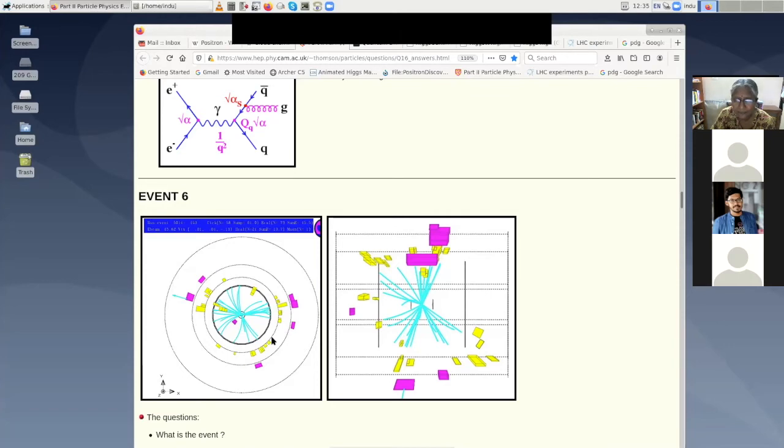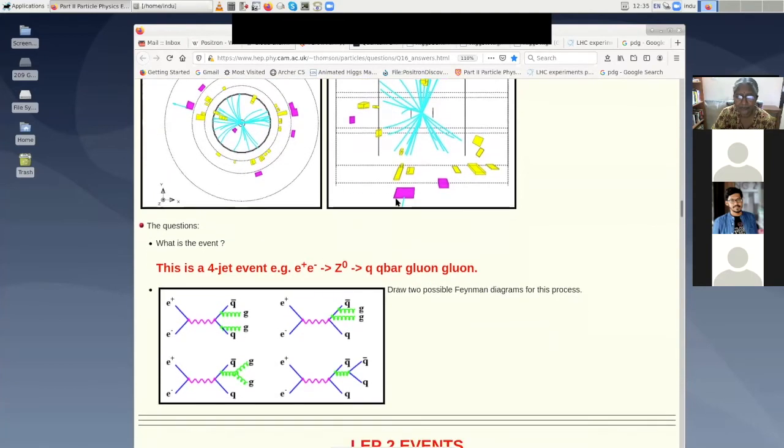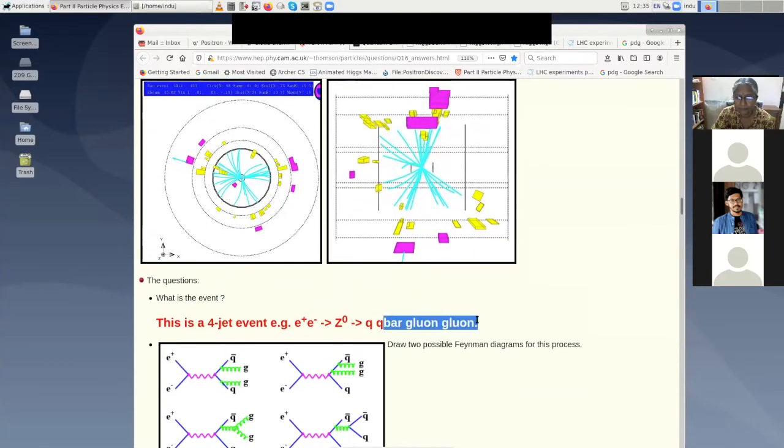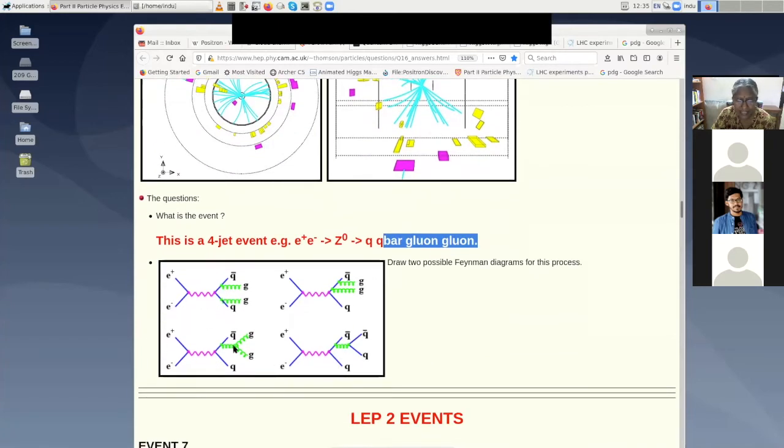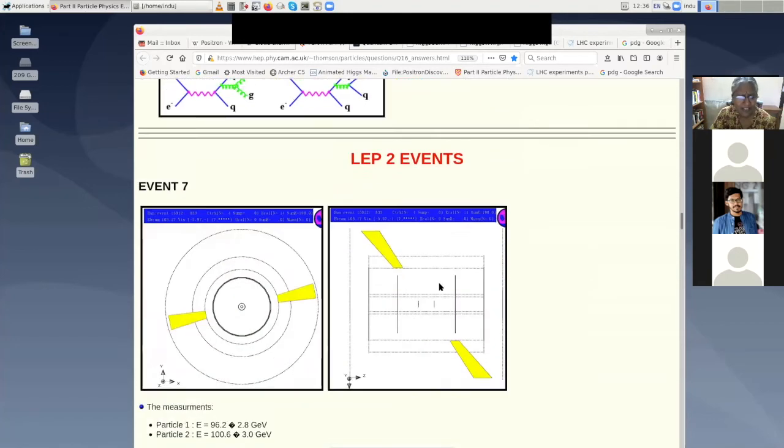So what is the event? If you look at the top, E plus E minus goes to q q bar g g, right? 2 gluons are emitted. Okay, I hope you can see the bottom picture. So both the gluons could be emitted, one from q, one from q bar, or both from q bar, or both from q, or all the possibilities. And here, a very interesting thing: gluons have self-interaction, which photons do not have. We will do this in detail later, just for you to appreciate what these events look like, right? Fine. Should I go on, or maybe I will stop here?